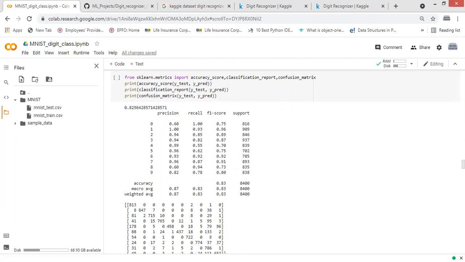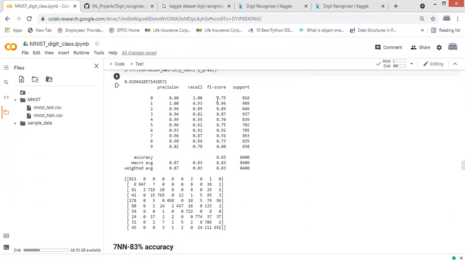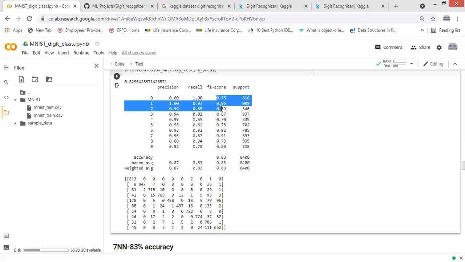The F1 score represents how accurately it can classify each class, and precision means how accurate it is for it. For class 0 it gives 60% accuracy, for class 1 it gives 100% accuracy, like this.